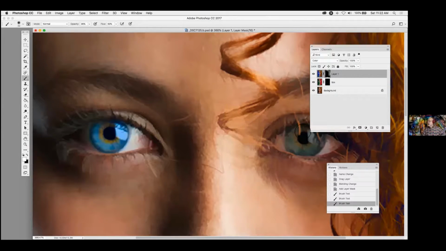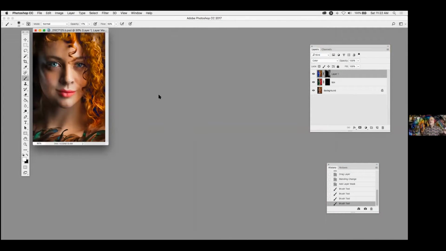Okay, so I just painted in her eyes in an exaggerated way. It's a contact lens, right? A colored contact lens. So I'm going to go a little lower than that, because she has beautiful eyes, and why overdo it with that? There you go. So let's back out for a second here. So you can see the adjustments that I made were